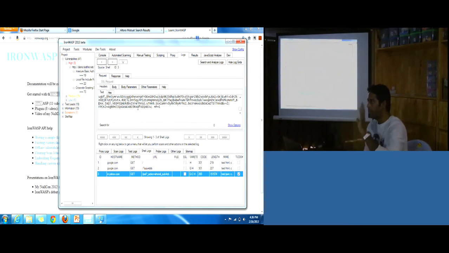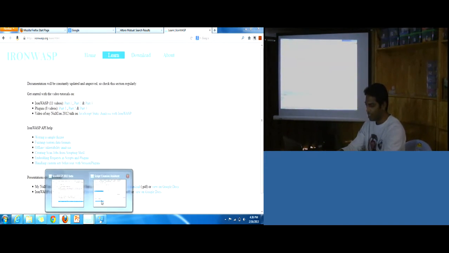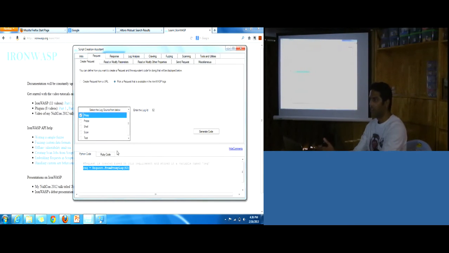But in this case, you can capture the request from your proxy. For example, if you're testing any feature you have newly programmed into your web application, you can intercept the traffic, and then write a script which will just read from the log and resend those requests, and you can automate your testing, right? So that is something that you guys can do. Yeah, so that is really the basics of the scripting capability within the tool.